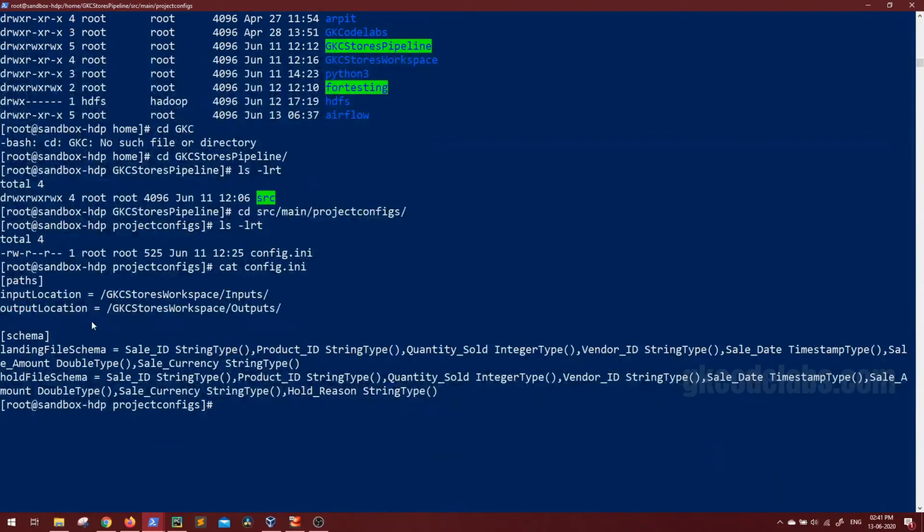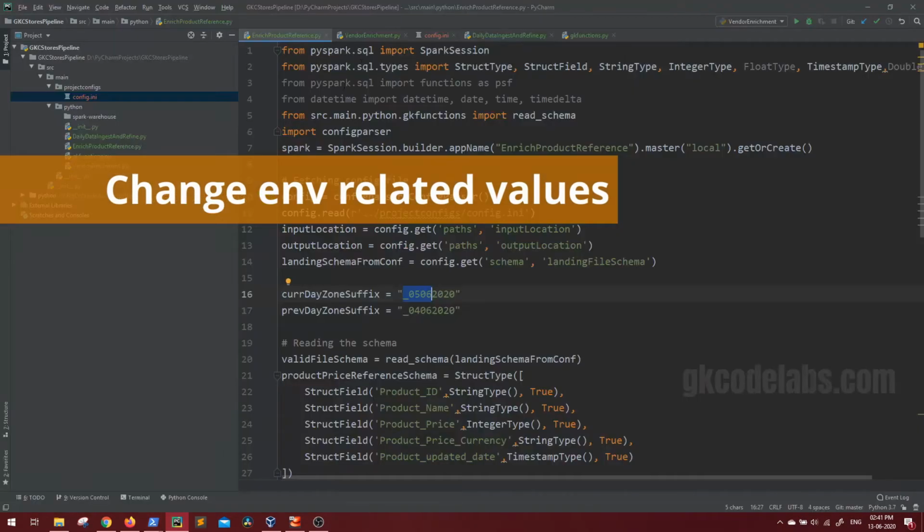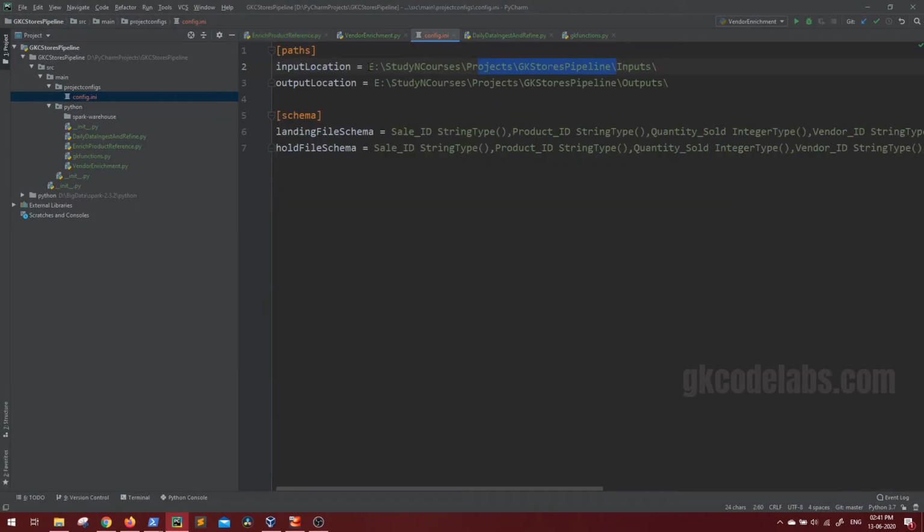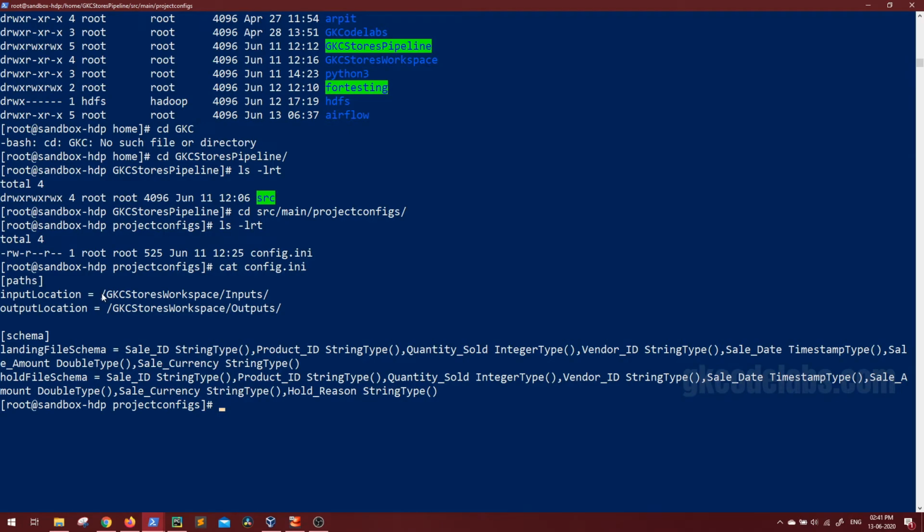In config.ini, you can see the input location. In our case earlier, that was the Windows directory where we had the inputs and outputs, but now we have to give the exact one that is in HDFS. So we just copied in GKC stores workspace, then inputs, and workspace outputs. These two things we have changed inside our config.ini.